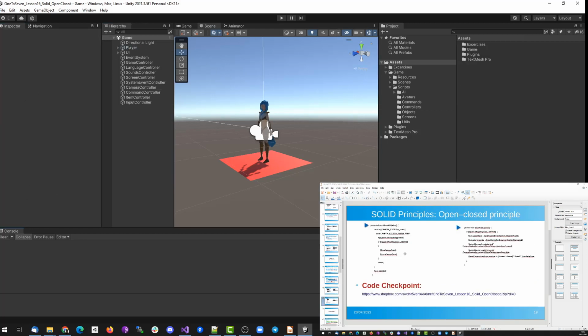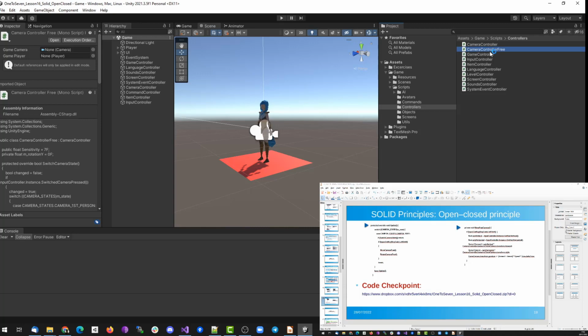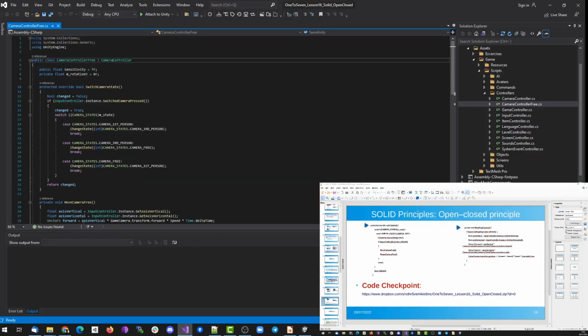And the result should look similar to this. What we have done is, first of all, just to create a new script called camera controller free. And in this new script, we are inheriting from camera controller. Okay. And with camera controller free, we are extending the behavior of camera controller. And what we are doing in camera controller free is just considering that we can transition to the camera free